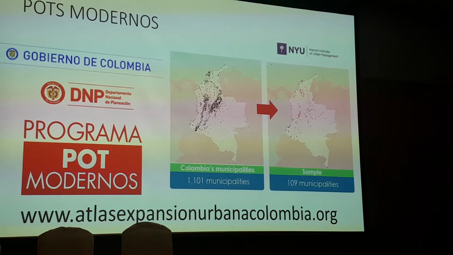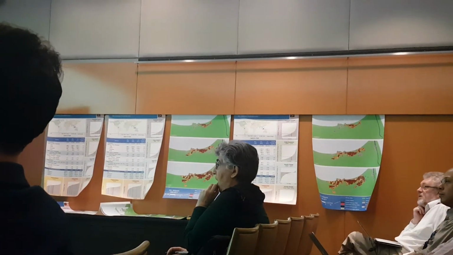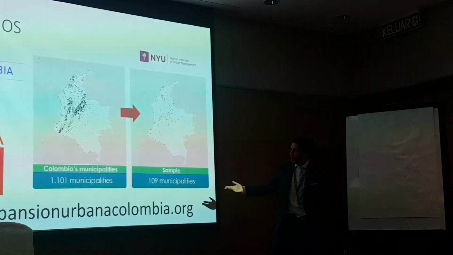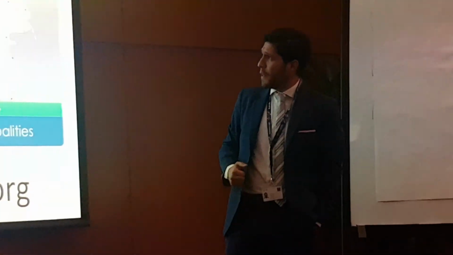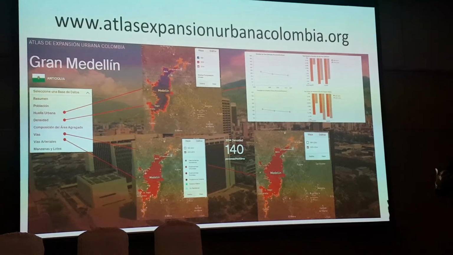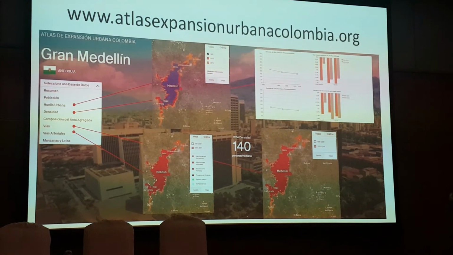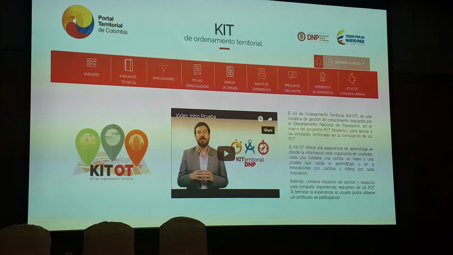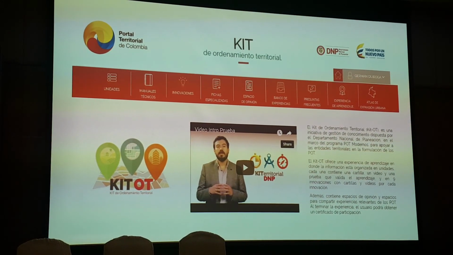We did a study of urban extent, something similar to what you're seeing here, for 100 cities in Colombia to provide hard evidence and to allow the calculations to be more efficient. You can find this exercise in the Atlas of Urban Expansion Colombia.org, and they have created a program called Modernos to put this in place. And to allow, this is how the Atlas looks, to allow that any public official in any city in Colombia can access this kind of content. We have created an online platform that contains videos that are roughly 10 to 15 minutes long that walk the practitioner